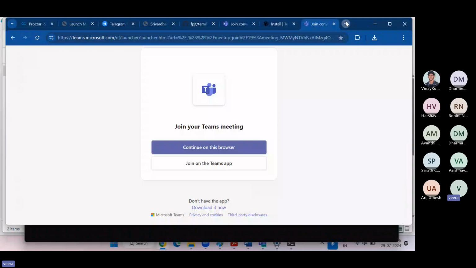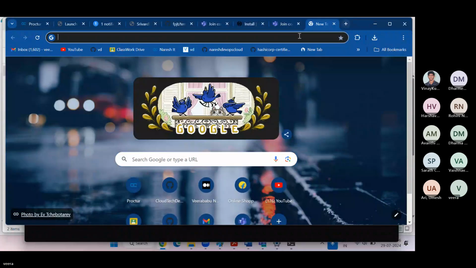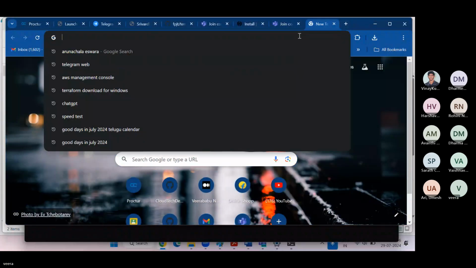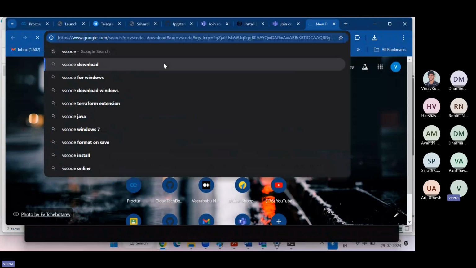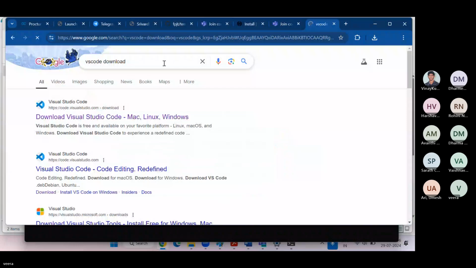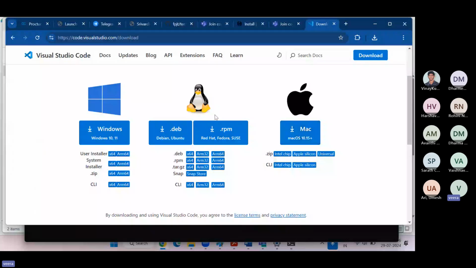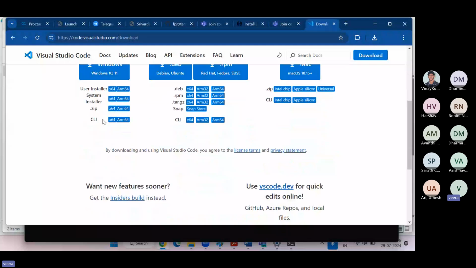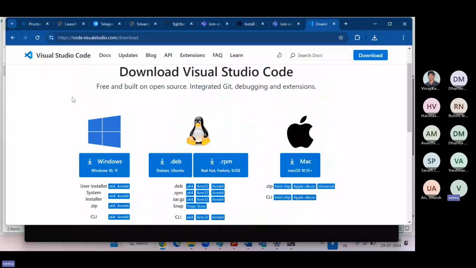Next, VS Code I'm downloading here. VS Code download. Download Visual Studio Code. VS means Visual Studio Code. Here again, same process. If you're a Mac user, you can click on this. Linux, you can click on this. Windows, you can click on this. On my end it's already downloaded. This is a very simple process. Click and open only, Visual Studio Code, VS Code.